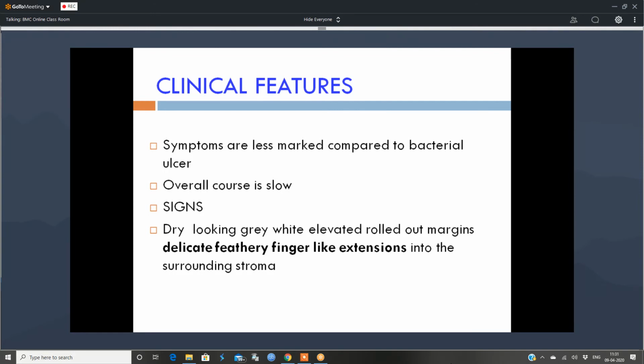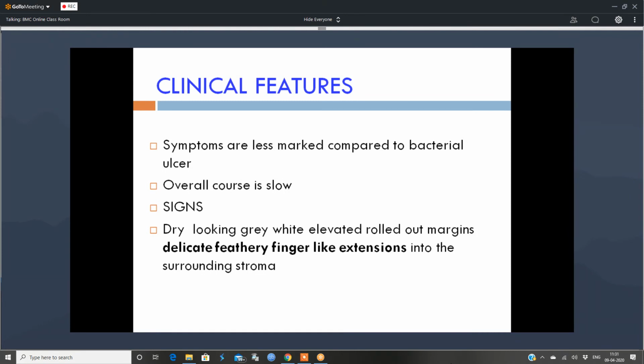So the eye looks fiery red, there is a big ulcer, sometimes there is hypopyon also, but the symptoms complained of by the patient will mostly be some kind of irritation, mild photophobia, etc. Another important feature is the duration of onset. The onset of the symptoms is quite late. It can be any time, 1 week to 15 days after injury.